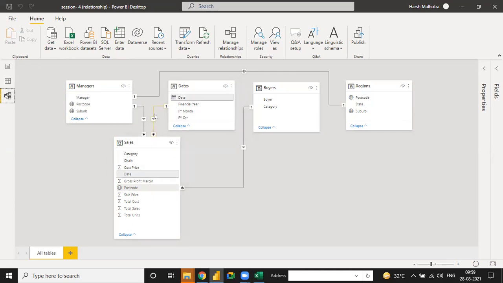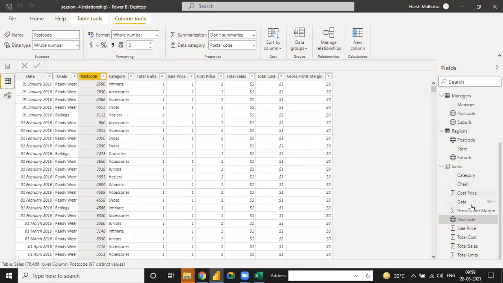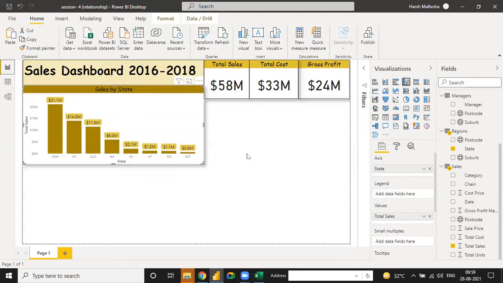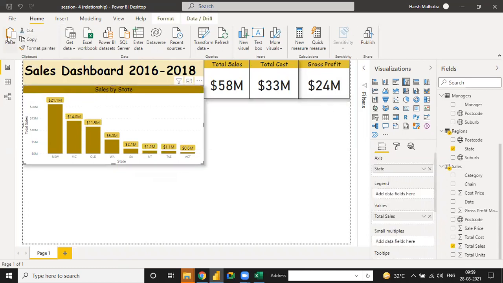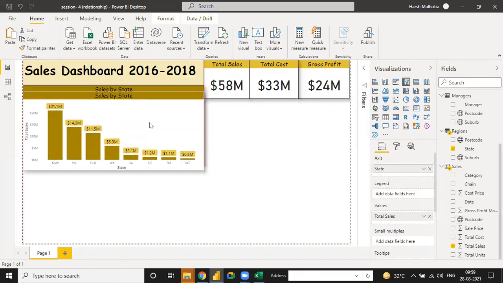And one more thing, here is a date column. So under the sales table, we have a date. Okay. So for the date column we have don't summarize, but category we have uncategory. Okay. And the date table is a data type date. Okay, no worry. Sales by state is okay. Now we are using one more example, copy and paste.